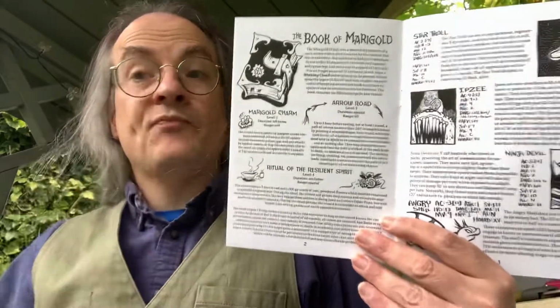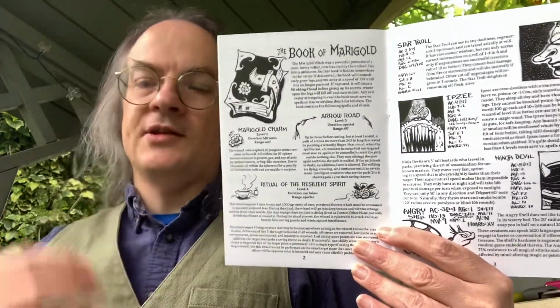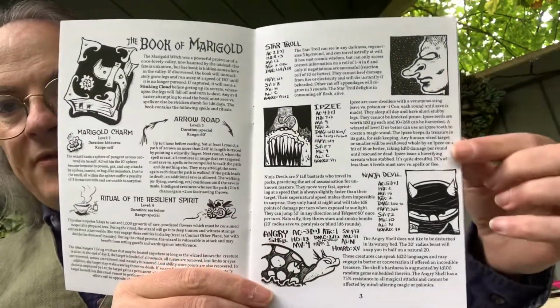And obviously I'm literally just going by what I'm seeing on the page. I'm going to delve into this essentially and provide a review very likely this weekend for the Fanzine Focus strand. We have monsters like the Star Troll, the Ipsy, the Ninja Devil and the Angry Shell, and he's illustrated each one of these